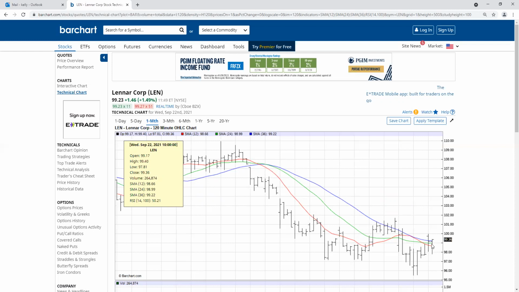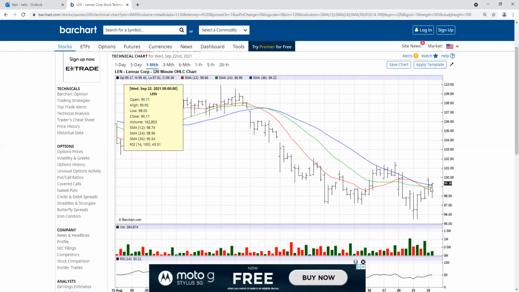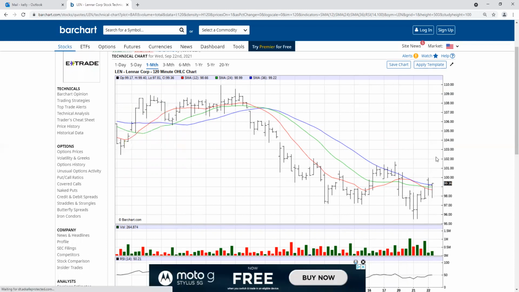And ergo, you're looking at a situation where if this thing starts breaking back above 100, your RSI is going to break above 50 substantially. It's getting above 50 right now. So a move above 100 would get all these averages back under the price, and it would open the door for all these numbers up here.